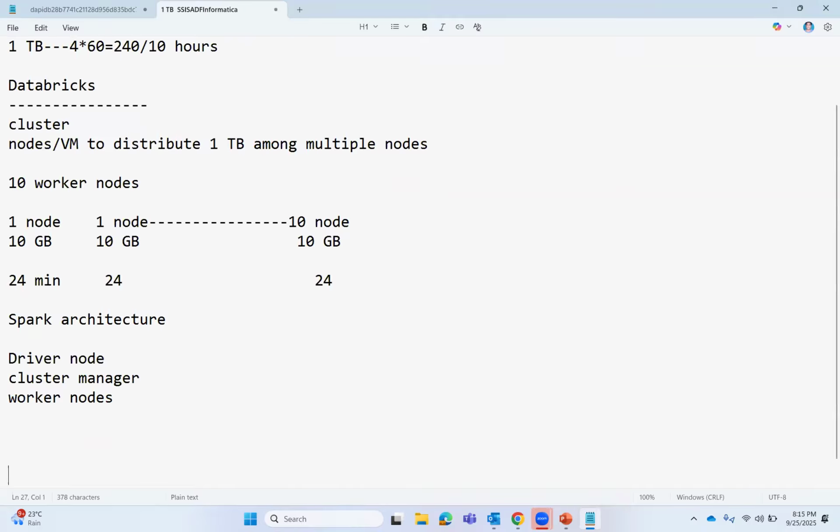As I mentioned, it uses some of the features from Hadoop internally. You can compare them, but it's not exactly the same. The Hadoop architecture tries to process the data on disk, but